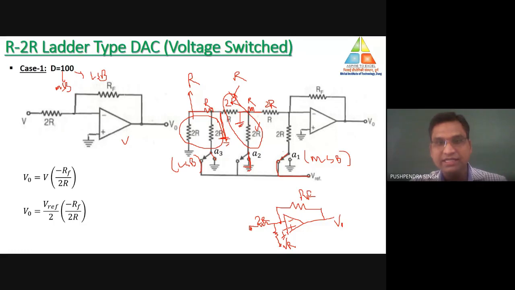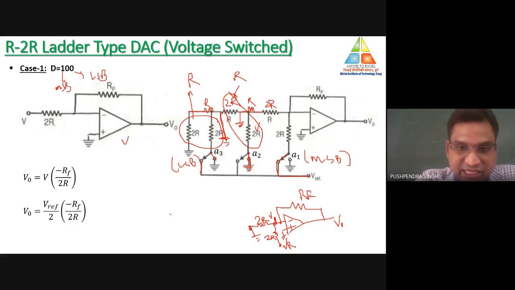So now R and R will be equal to how much? 2R, and this terminal is connected to what? This particular terminal is connected to ground. Why? Because there is no voltage source connected over here. All the terminals are connected to ground. That's why it is also connected to ground. Now we are here. One terminal of this 2R resistance is connected to what? Reference voltage VR. Another terminal is connected to ground. So we need to calculate this voltage. Let this voltage be V1. Now we need to calculate this V1.